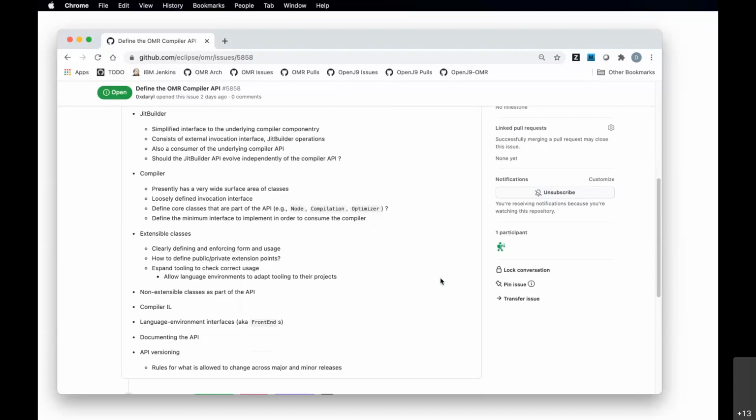It's certainly some of the areas that I had to do a bit more work on with JIT Builder, the JIT Builder 2 prototype that I'm still working on. I did have to expand on some of those areas.